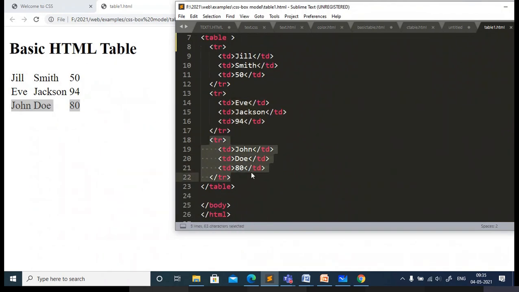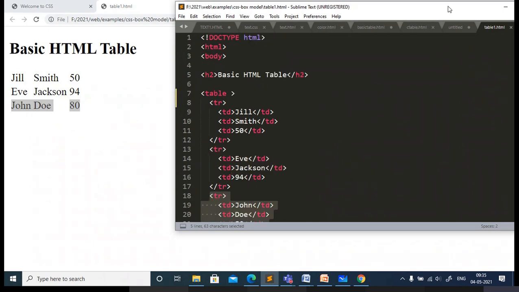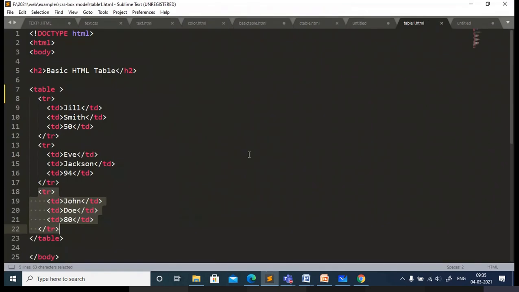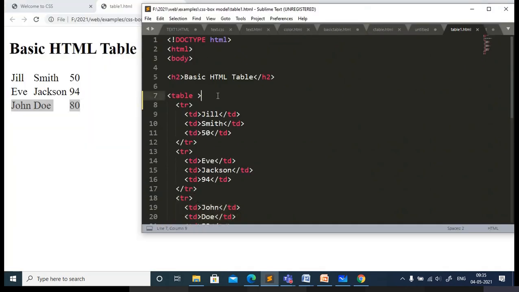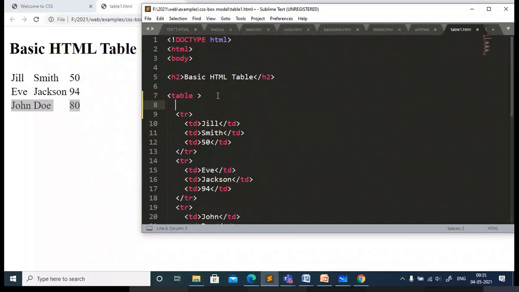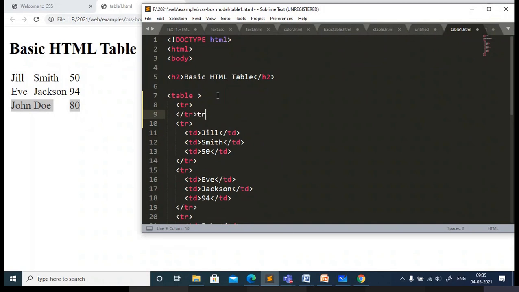I think till here everybody will be able to create one small table. Using tr and td tags, you can create a small table. Now for this table, we'll add the heading information. Here there is no heading, so you can add the heading part here. How are you going to add it? Once again, you have to create the tr tag, close the tr tag, and within that, create the heading using the th tag.